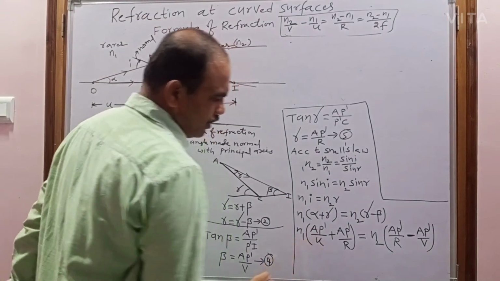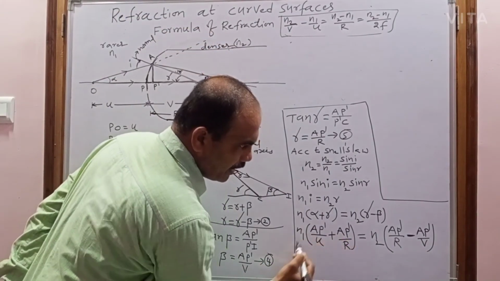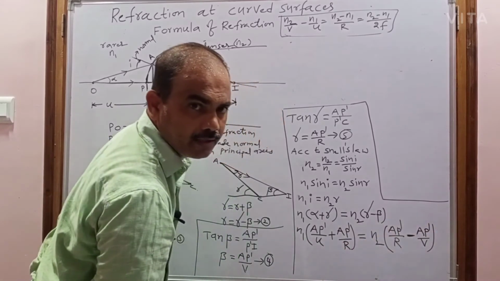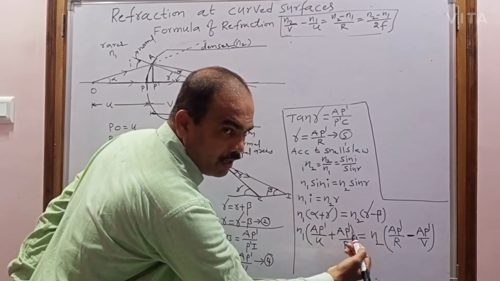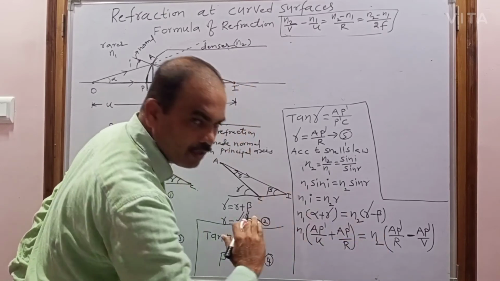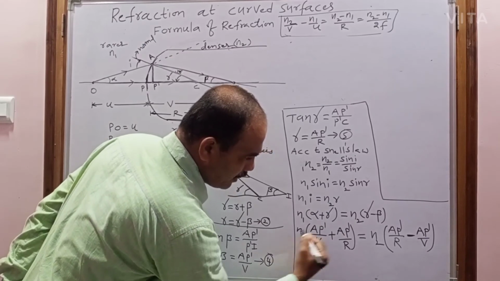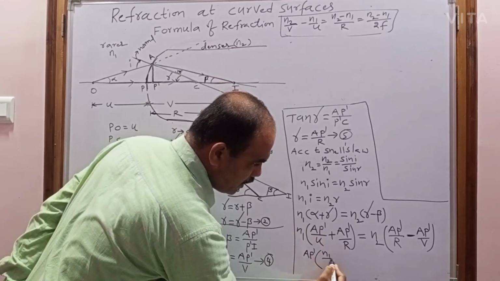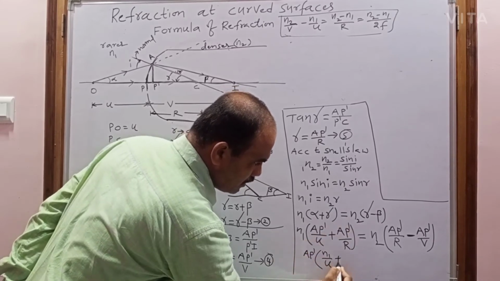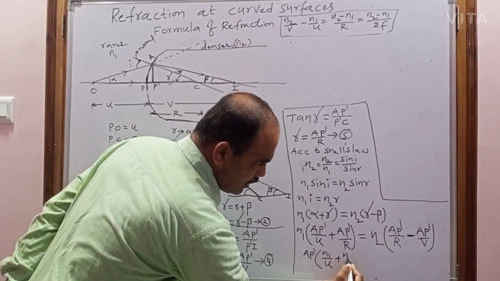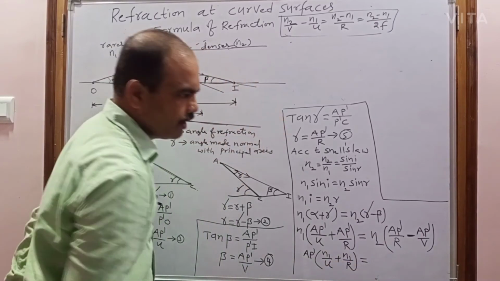So when we simplify, what do you get? From the left-hand side, what do you take common? AP dash, and on the right-hand side also you can take the common AP dash. So when I multiply the N1 inside and bring the AP dash outside, what do you get? AP dash taken outside and N1 multiplied inside gives N1 by U, and this when AP dash comes outside, plus, and when N1 is multiplied inside, N1 by R equal to